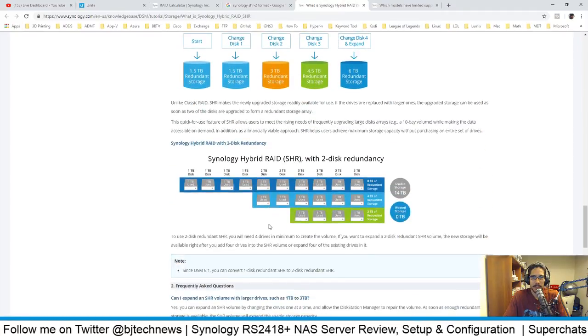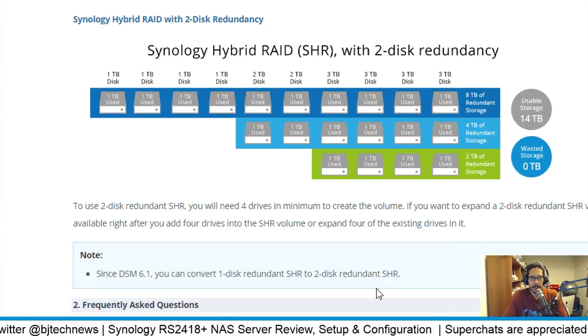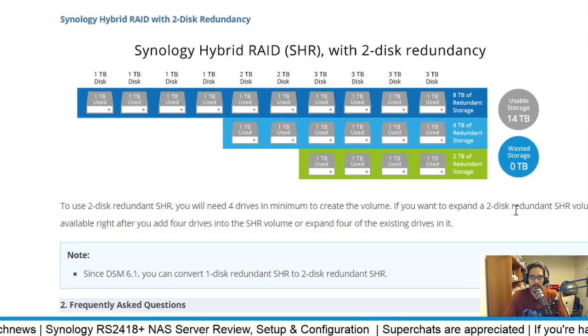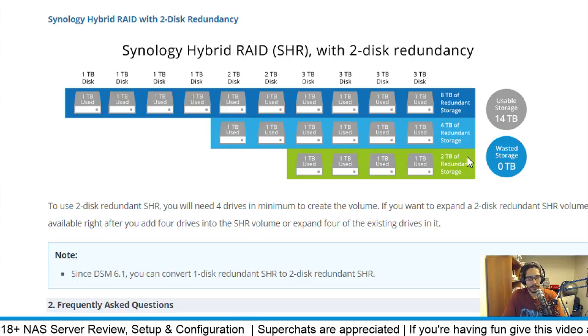Classic RAID with 2 disk redundancy, you would need 4 drives minimum to create the volume, and if you want to expand, 2 disks. Wasted storage 0. 8 terabytes of redundant storage. 4 terabytes redundant. I'll probably just go straight for